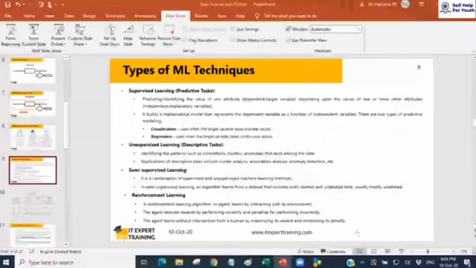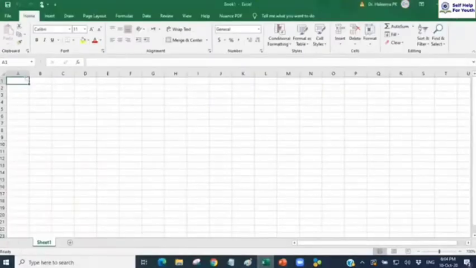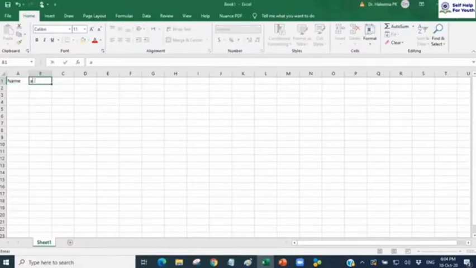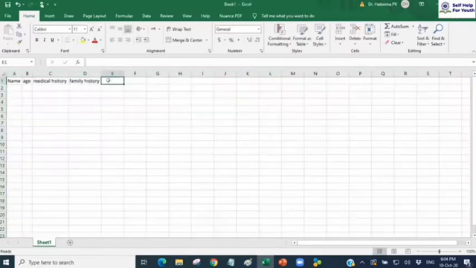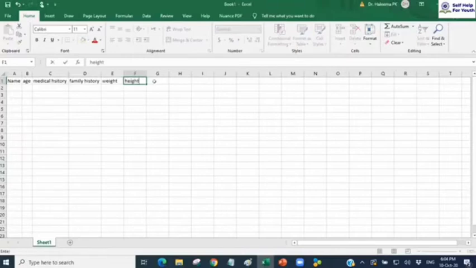Say, for example, I have a data set in which I have the name of the person, the age of the person, his medical history, and then the family medical history, and then the weight of the person, the height, and then whether the person is a diabetic person or not.